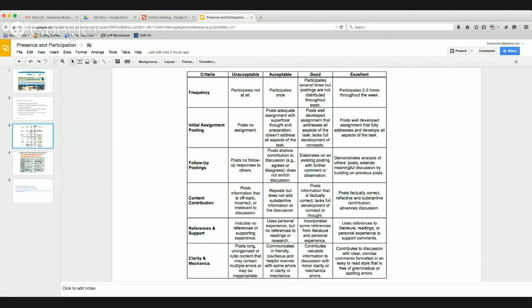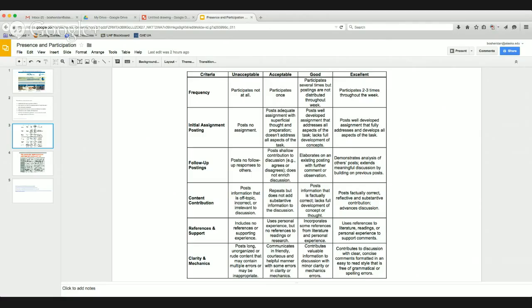This is a good breakdown that I don't follow specifically for my class, for example. Let's say the criterion is content contribution. An unacceptable discussion post would be off topic, incorrect, or irrelevant to the discussion.